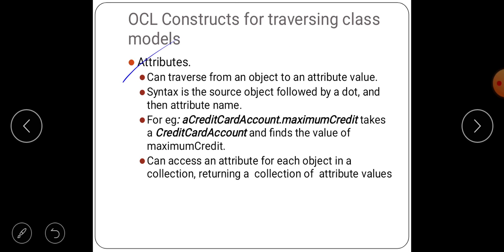Here, what is an attribute? An attribute can traverse from an object to an attribute value. We know that in a class model there are three compartments.